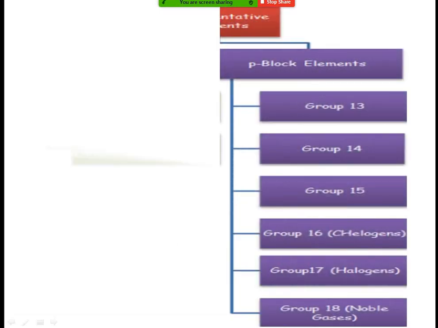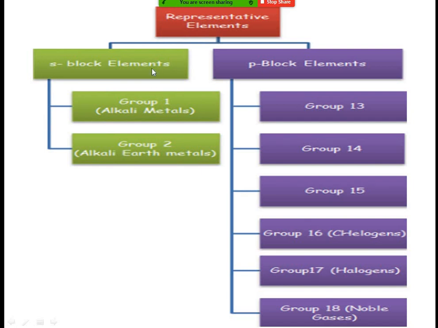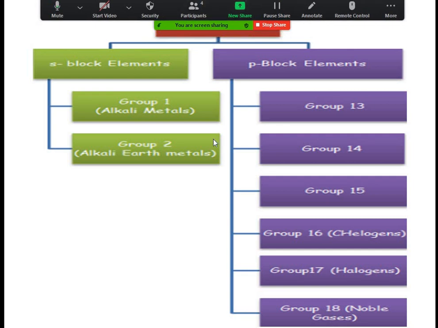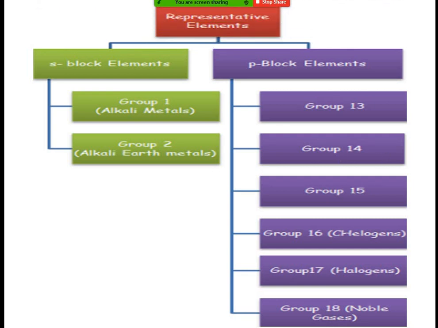Now once again, S and P block elements are collectively called representative elements. Representative elements means that these elements represent the typical properties of the elements. So they are called the representative elements. These are, in the S block, group 1 alkali metals and group 2 alkaline earth metals, whereas the P block contains the 6 groups, namely 13, 14, 15, 16, 17, 18 or 3A to 8A.